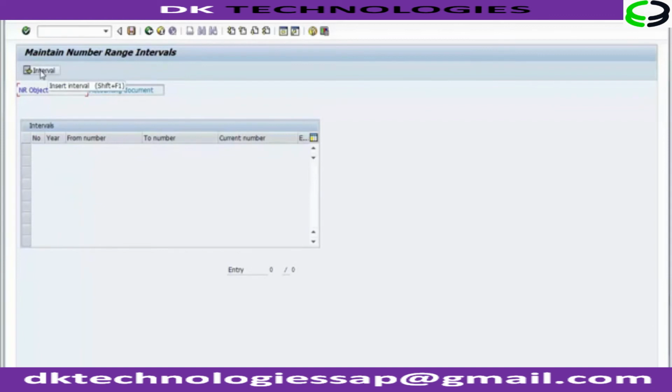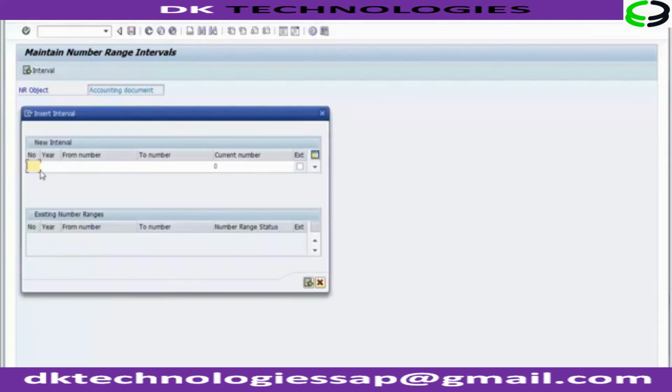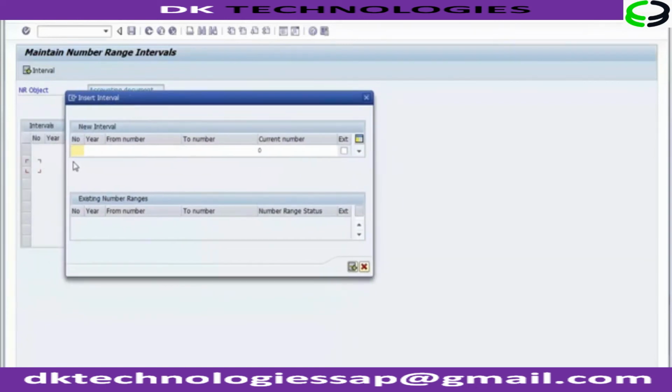So we have to go to this interval to insert the number range. Click on this, and you can see a new thing has come up, a pop up. Now over here you have to fill it. Number means the serial number as 01. Year over here refers to the fiscal year for which you are configuring the system for. I am configuring the system for 2014, so we'll be putting up the fiscal year as 2014, and over here you will be giving the document number